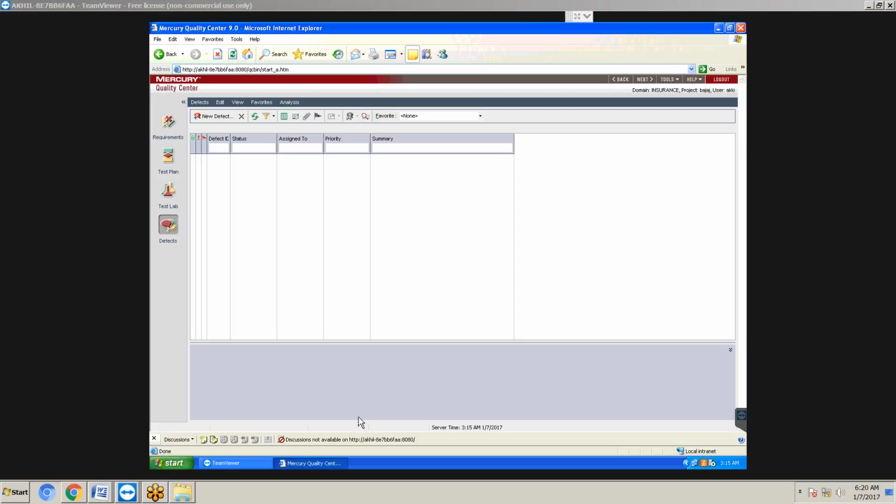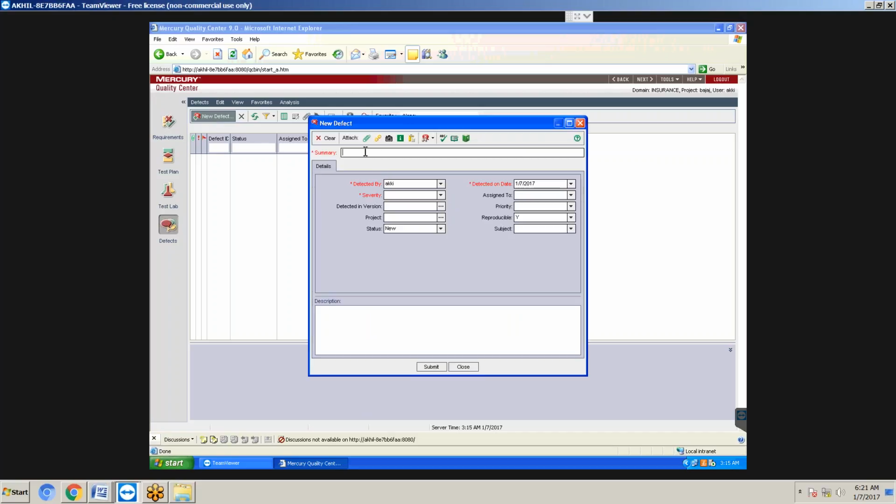I want to raise the defect to the developer. Just click on new defect. Defect summary: login screen not containing all the fields. First requirement, login screen not containing all the fields.